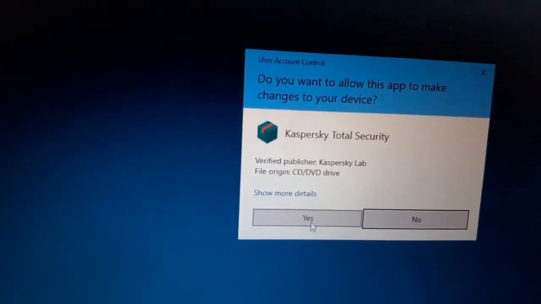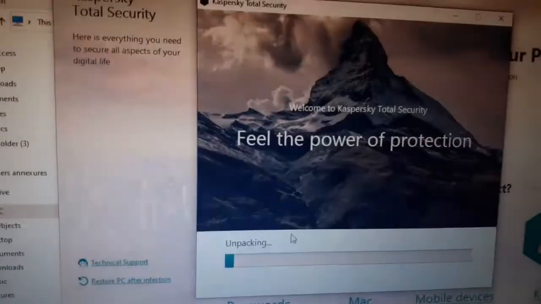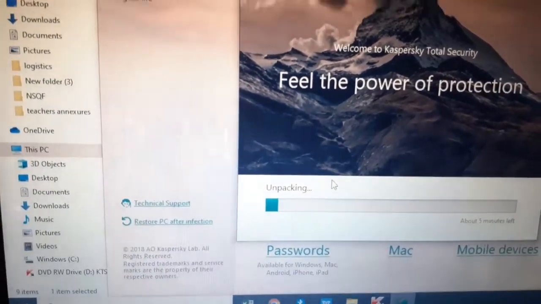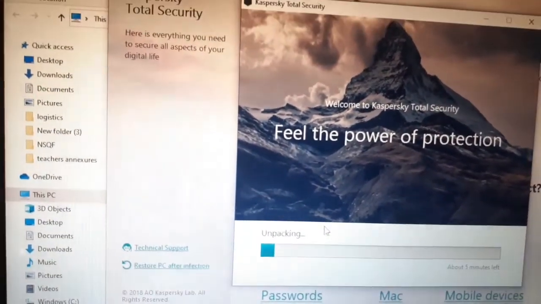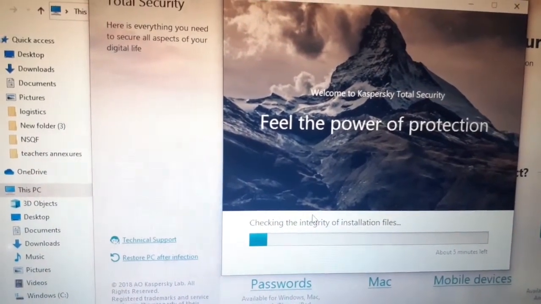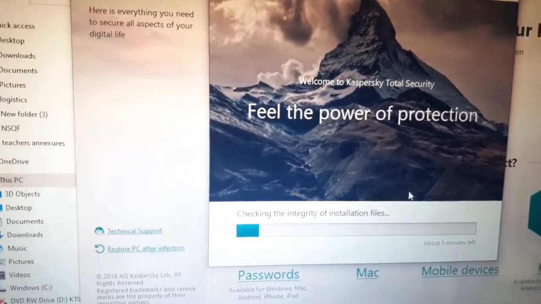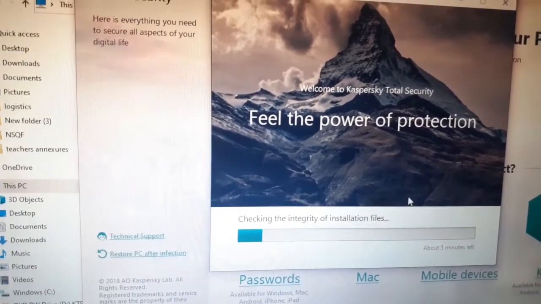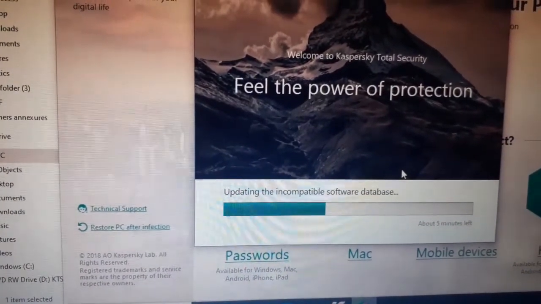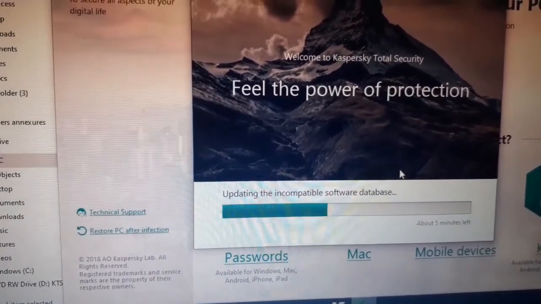To go ahead, we have to click on yes. As the software is getting installed, it will take around 3 to 5 minutes. We still have some more time left for updating the software database.